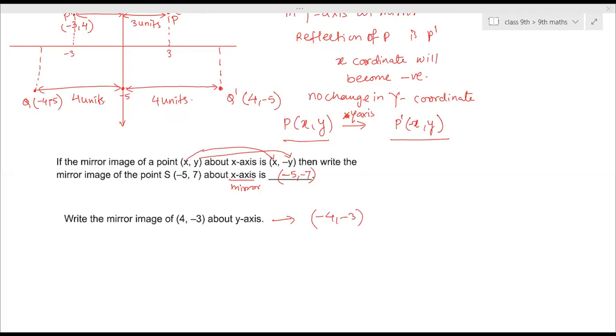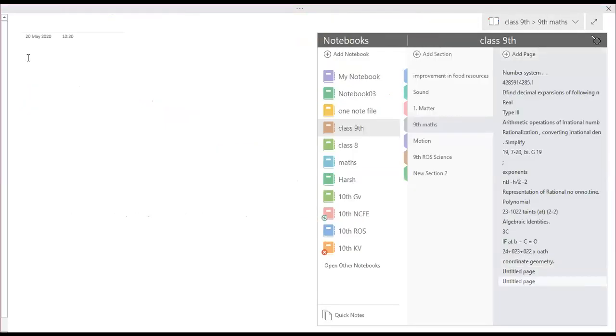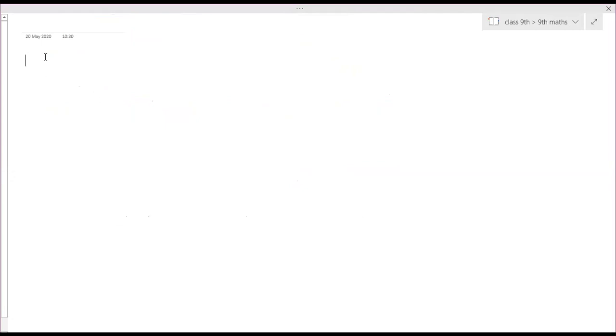Now, starting with linear equations in two variables. Then I'll open the chapter so that you can go through it. Fourth chapter. This is also graphical and there is no need for any calculation part, not many things are there. Okay. So now first you have to learn linear equations